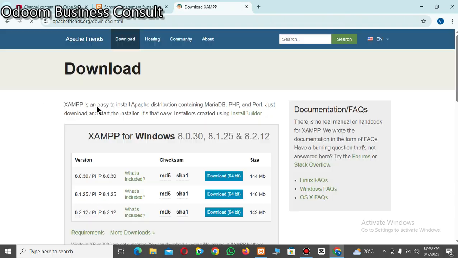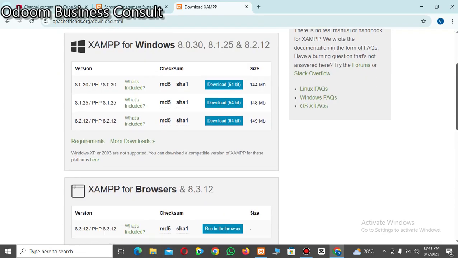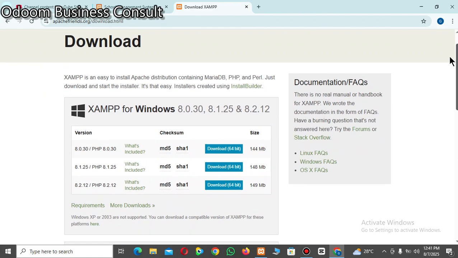Click on that, it will take you to the download section of the website. Depending on your system, I'm using Windows, so I have to download for Windows. Now this is the latest version. You see the latest version over here,